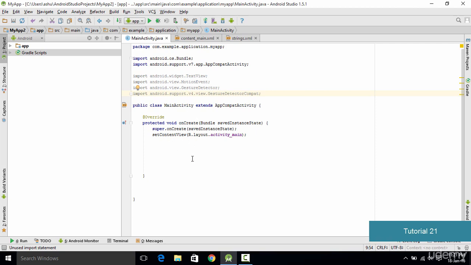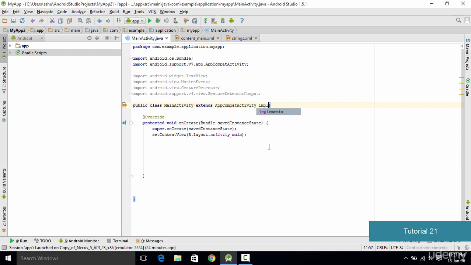The next thing which we do is that as we are going to listen to the gestures and the double tap, we go right ahead in this public class MainActivity, and in front of extends AppCompatActivity we are going to add implements. Implements is a keyword which is used in order to use the methods of a particular interface or class. If you have some understanding of Java, you will understand why implements is used.